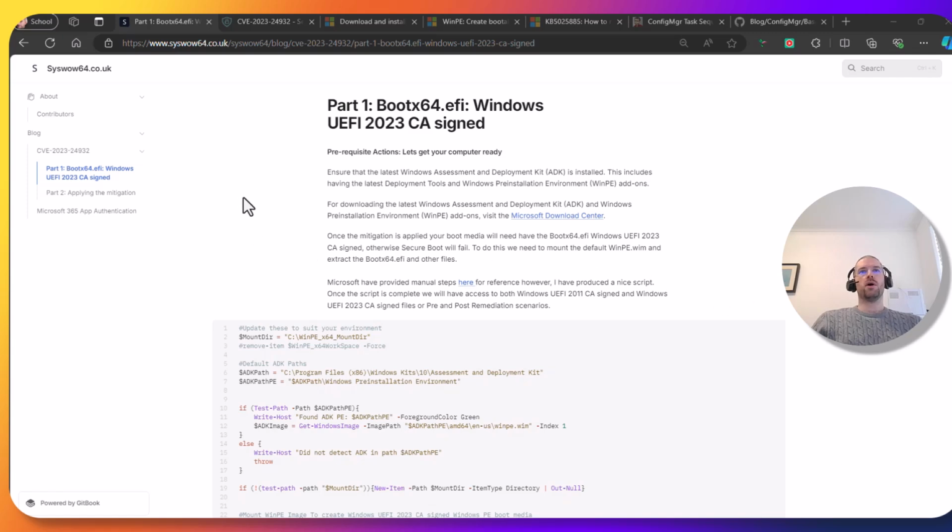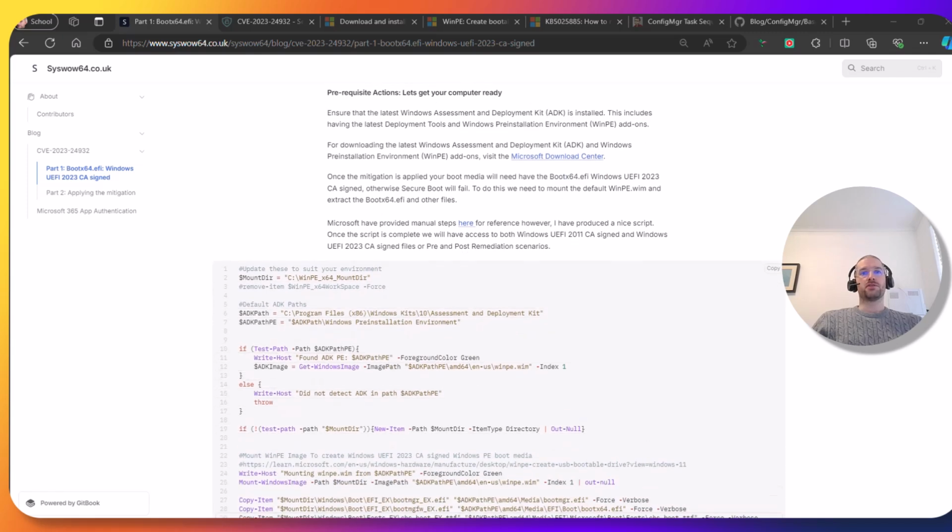So if we go to part 1, we can see that I've referenced the ADK, a download link to Microsoft's Download Center. What we're looking for is the bootx64.efi file signed with the 2023 certificate. And if you'd like to read more about it, there's a link here to the Microsoft site. But what I've done is I've produced a script that should make the whole process a lot easier. So if we copy the script and open up ISE,